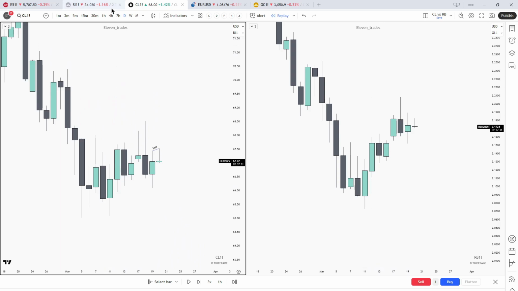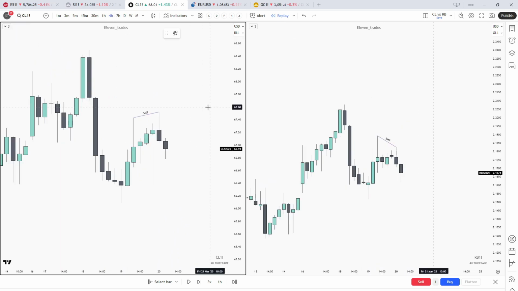Now dropping down to the 4-hour chart. So dropping down to the 4-hour chart, we have SMT divergence at those highs. The RB, the gasoline, is creating that lower low, and the US oil is taking that high, creating SMT divergence. Also, we are having a 2 a.m. reversal